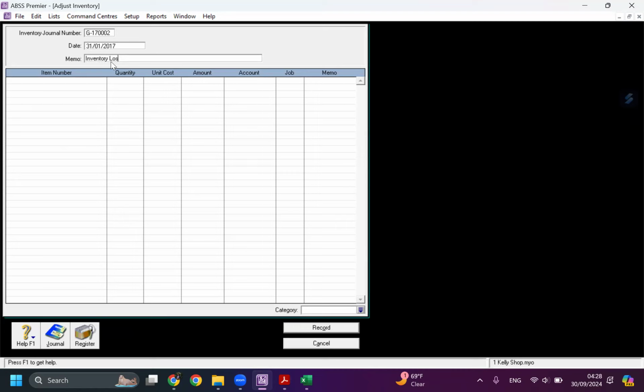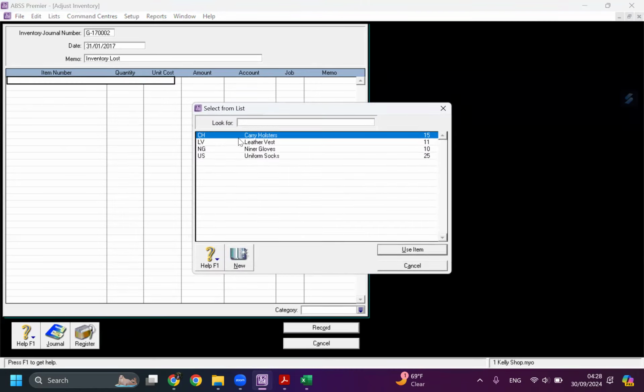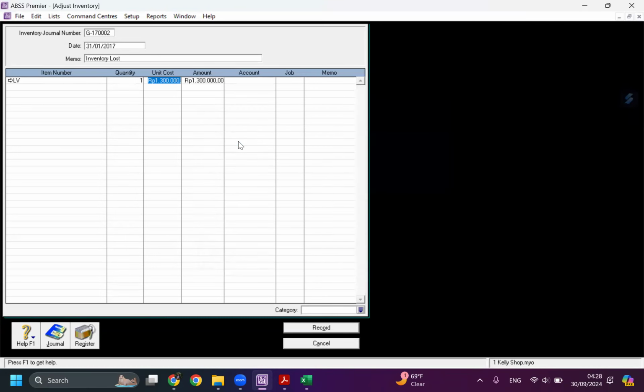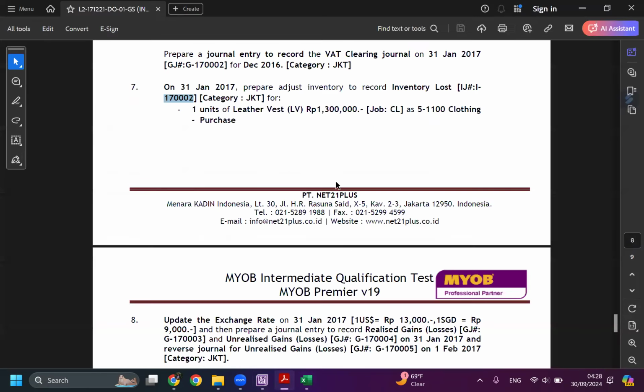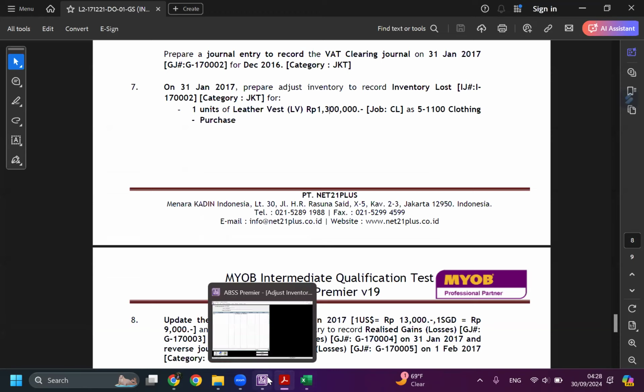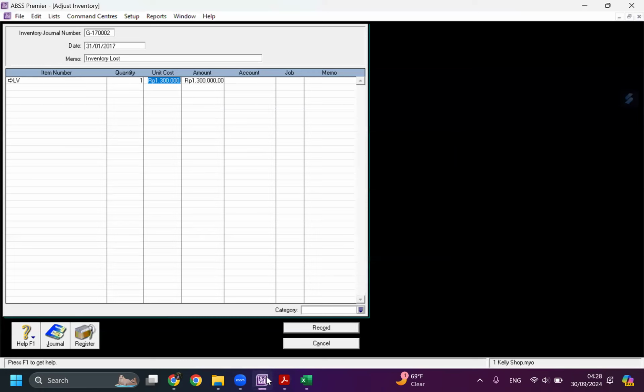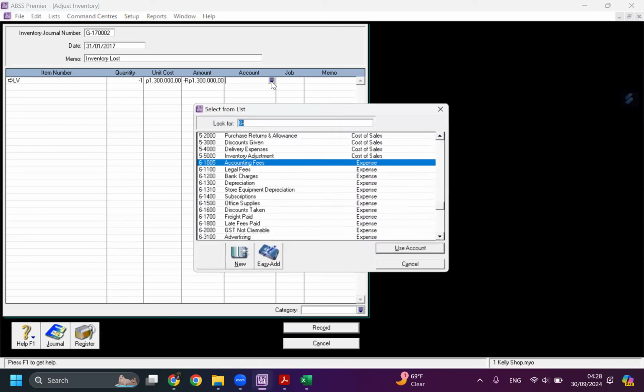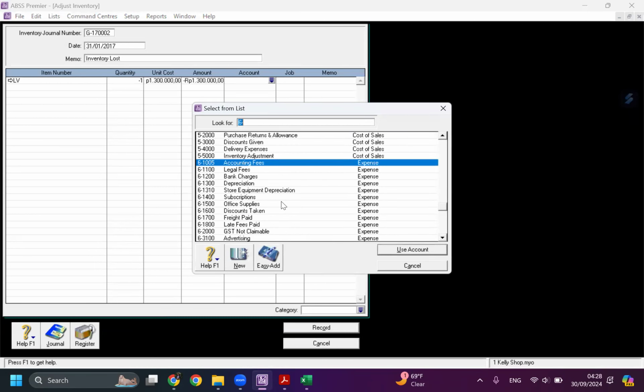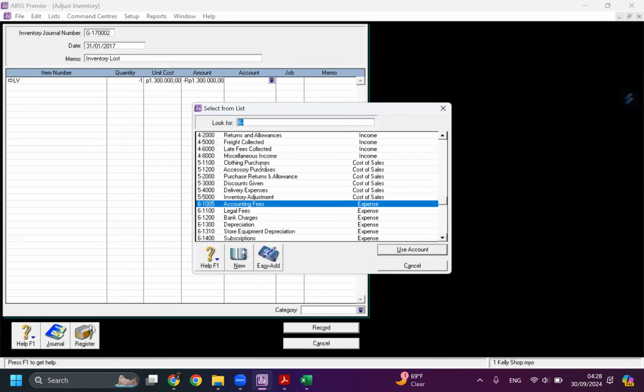Inventory loss, one letter fast. And how much is the price? 1.3 million. And you can put it as clothing purchase. It should be -1, and we put it on clothing purchase.